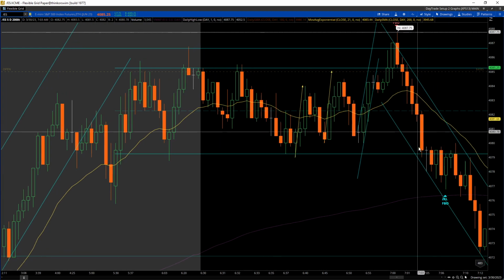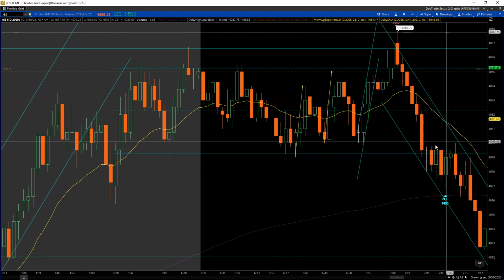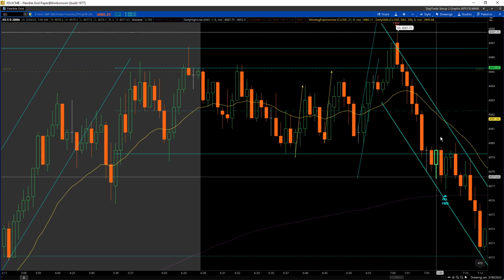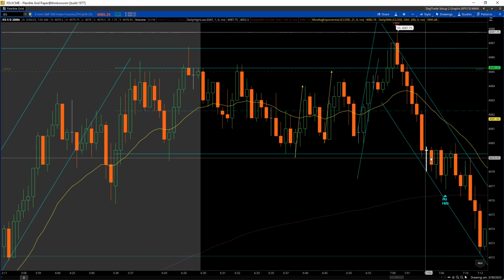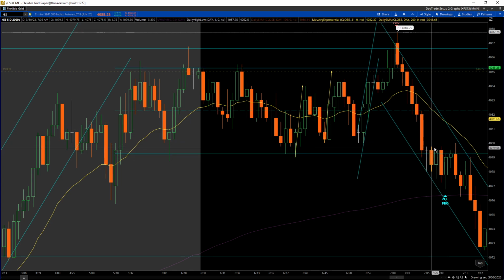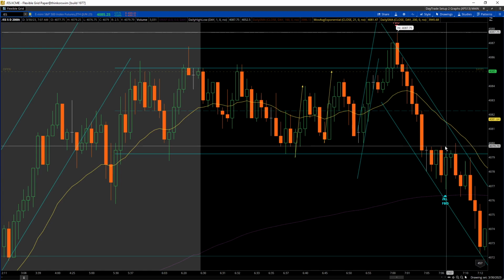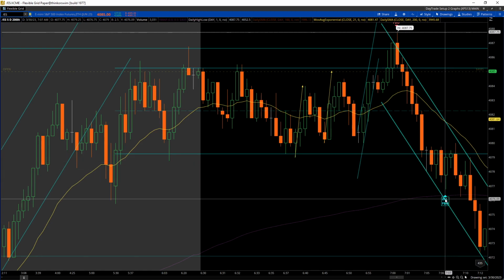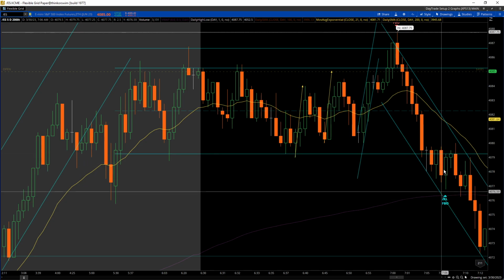I don't know if I read the chart correctly, but after looking at it and thinking about it throughout the day, I'm just wondering maybe this failed breakout should have happened more quickly instead of this consolidation where it was kind of getting stuffed at this line here, but it kept making lower lows. So taking long here, that's one of the takeaways I'm thinking is probably it wasn't as safe or as clean